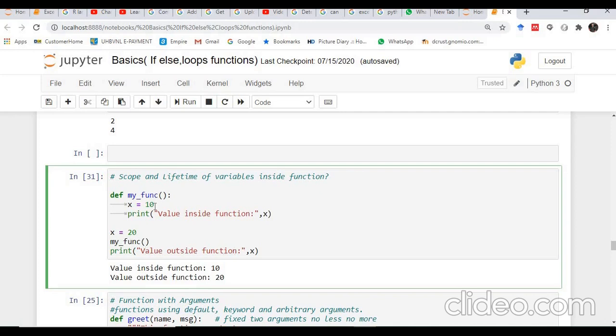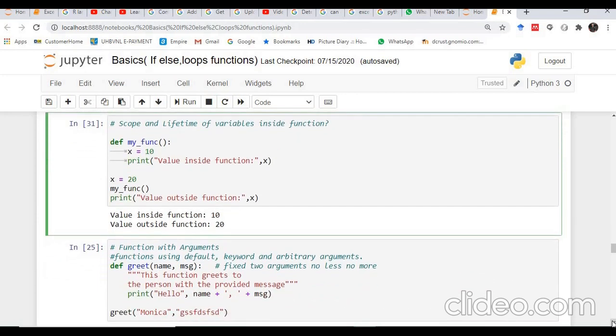See, my function also has this x variable, and it is printing the value of x. But when it comes back, or when the definition part is over, the value of x that is available inside my function is no more available to the outside world, and we are getting the copy of this particular x, that is x is equal to 20 is being printed here, not the value of x that is available inside this function. Okay, so this is how the scope and lifetime of the variables inside the function are demonstrated.